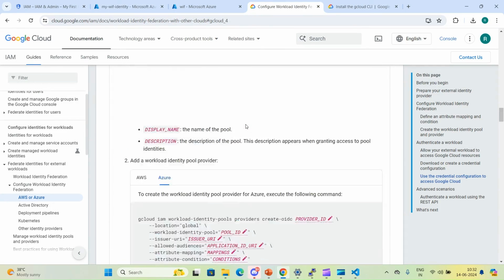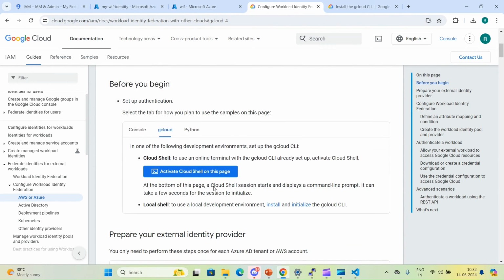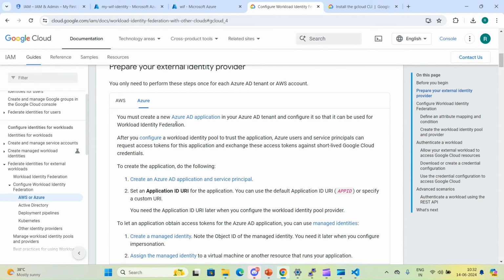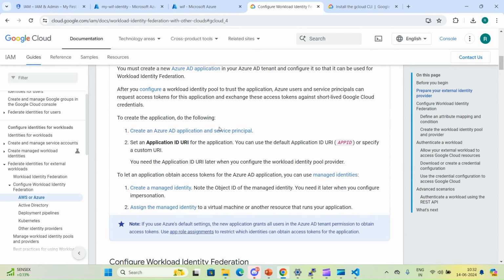But here it is a little more complicated, I think, because in AWS we just have to provide instance profiles, but here first of all we have to create an Azure AD application, and with the help of the Azure AD application we can access our resources. Once you create an Azure AD application, you then have to create a managed identity also. This is the main step.